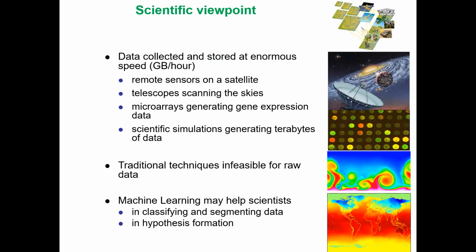So in this context, the fields of spatial data science and machine learning are really helpful because they classify the data, they segment the data, they help us in hypothesis formulation, and they help us to extract patterns from the data on which further we can plan to apply some of the statistical tests or hypothesis testing.